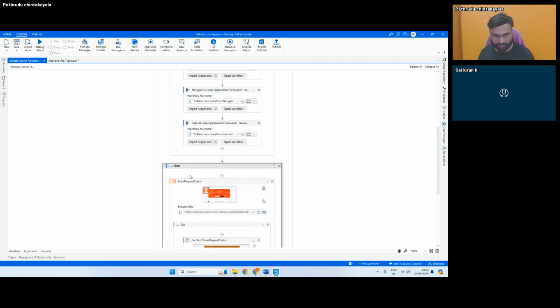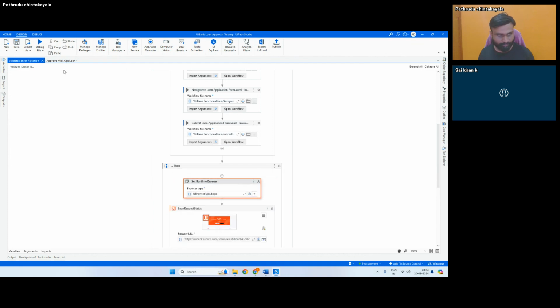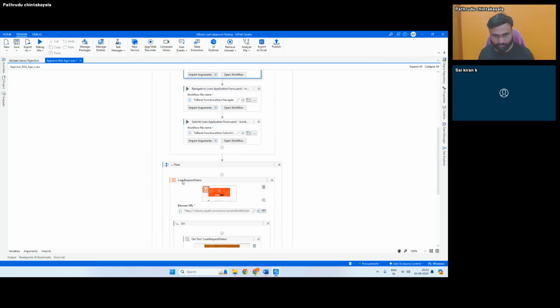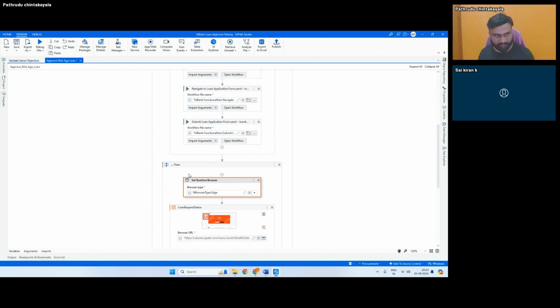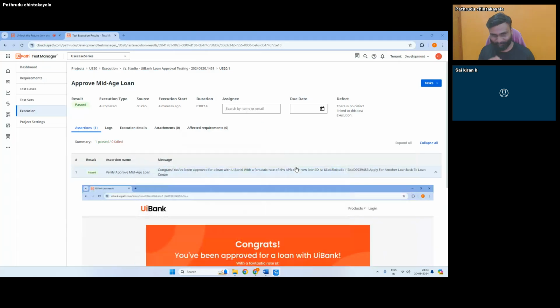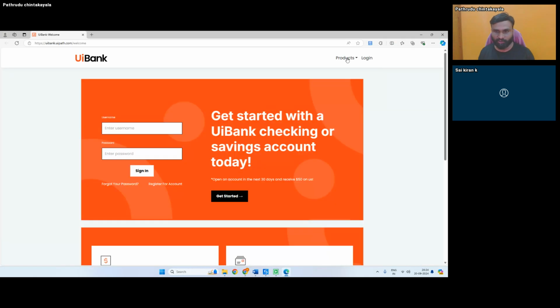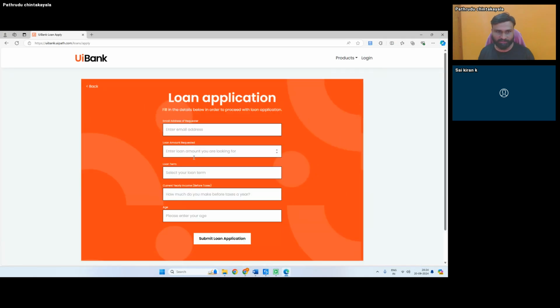And here also I'll put this activity. And I'll just run only the approved mid-days loan, one test case only. It opened. It is navigating to the loans, apply for loan. With only one activity, set runtime browser, we could change our browser from